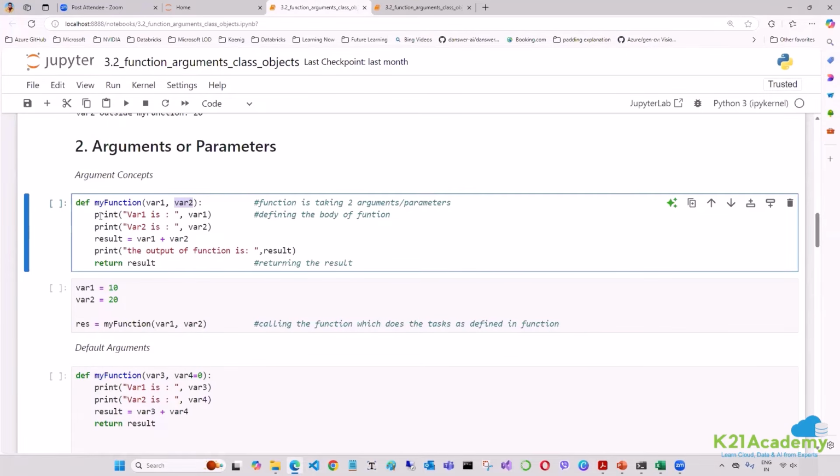Now I'm just printing. This is the task. One task, two tasks. Then I'm printing result. I'm doing the third task, then fourth task, and then I'm returning the result. Now what I'm doing here is I just want you to understand there are two variables, var1 and var2, and